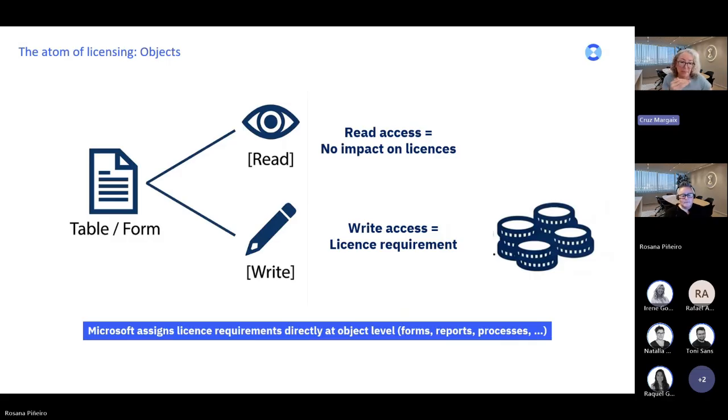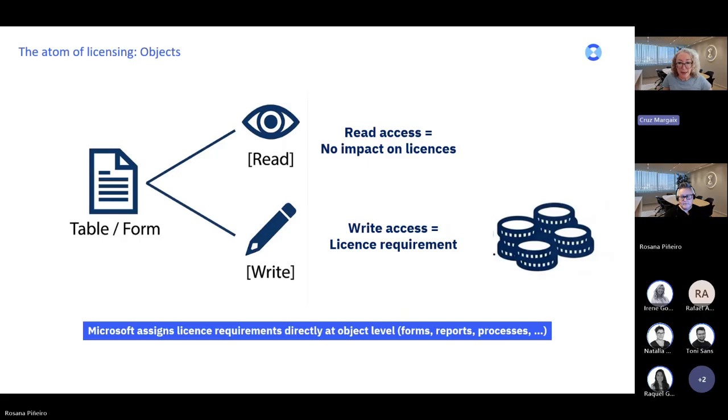So we take any object, let's say a form. Read access to this element will not require any license, but write access requires a license. And Microsoft determines which license it is.